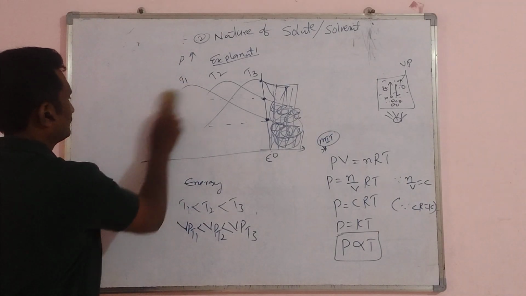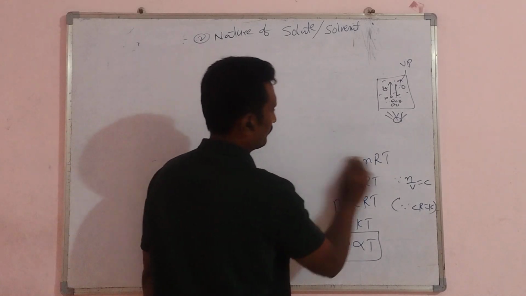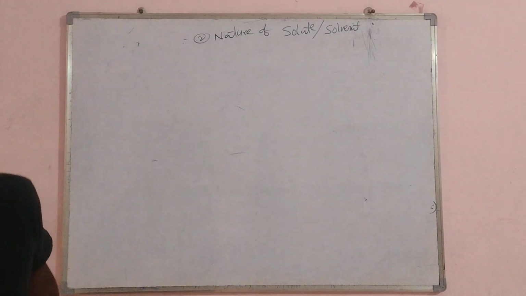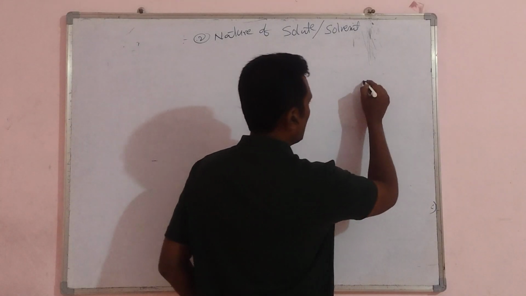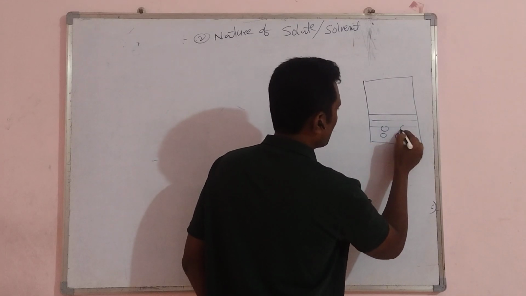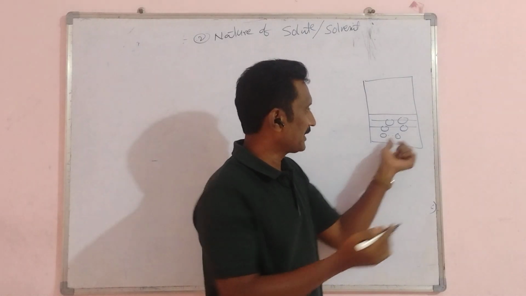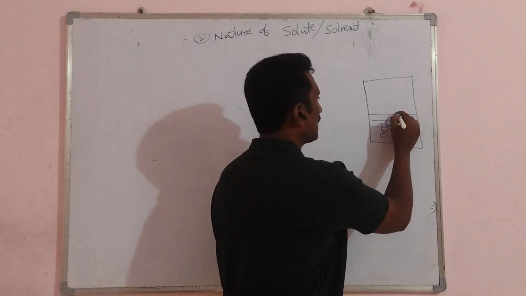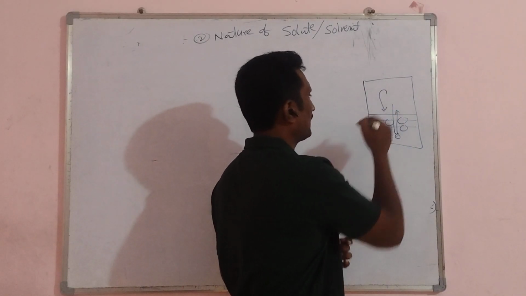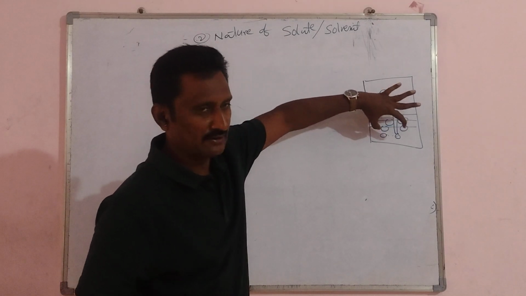सो नाउ नेक्स्ट फैक्टर इज नेचर ऑफ कंपाउंड। नेचर ऑफ कंपाउंड, इफेक्टिंग फैक्टर दैट इज द नेचर। मान लो एक लॉजिकल एक्सप्लेनेशन, एक कंटेनर है, कंटेनर के अंदर लिक्विड पार्टिकल्स हैं। लिक्विड पार्टिकल्स के बीच में इंटरेक्शन फोर्स जितना ज्यादा रहता है, उतना वो कम ऊपर जाता है। अगर ये इंटरेक्शन जितना कम है तो उतना ज्यादा ऊपर जाते हैं, उतना ज्यादा प्रेशर क्रिएट कर सकते हैं। सो मेनली नेचर ऑफ कंपाउंड इज डिपेंड्स अपॉन इंटरेक्शन।